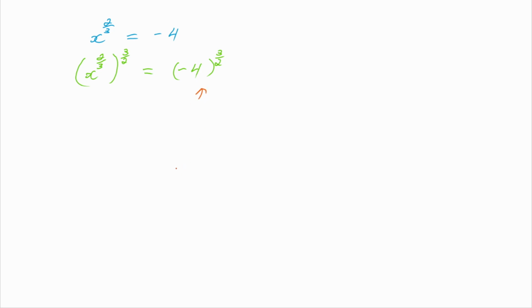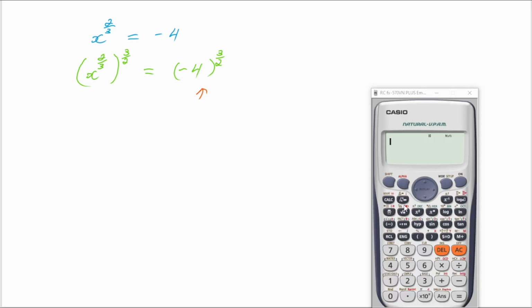Now I want you to put this in your calculator, and I'll actually show you what we get. Here's the calculator. If we put in negative 4 to the power of 3 over 2, we get a math error. So we've done nothing wrong here. The issue is